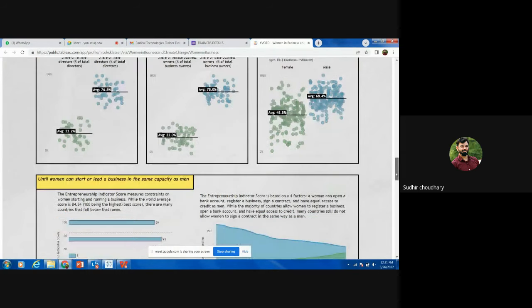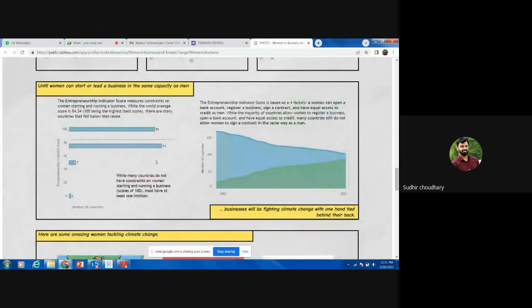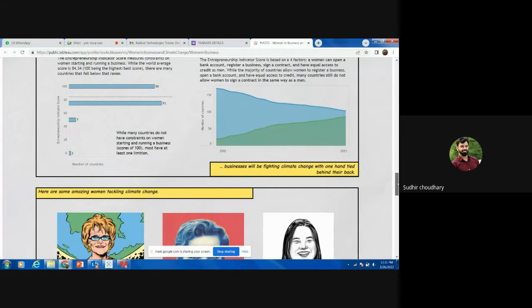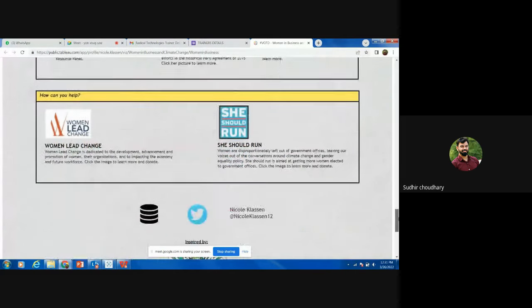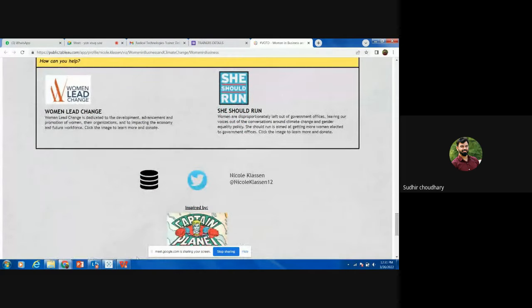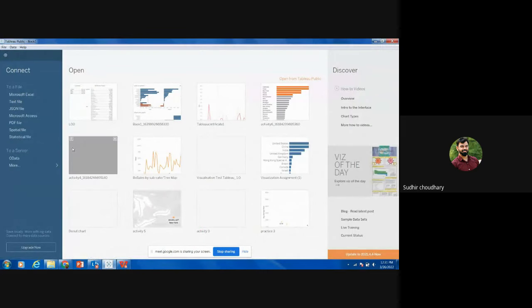It looks nice when you explain this. It looks simple, and when you start doing it, it would hardly take 5 or 10 seconds only. But it is very vital when you start explaining these things, right? So the basic part of Tableau is that it is very, very fast. You can make things very, very fast, right?